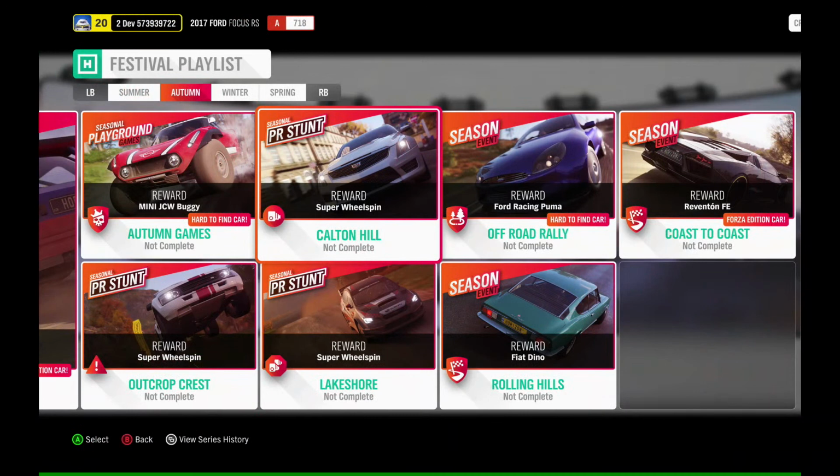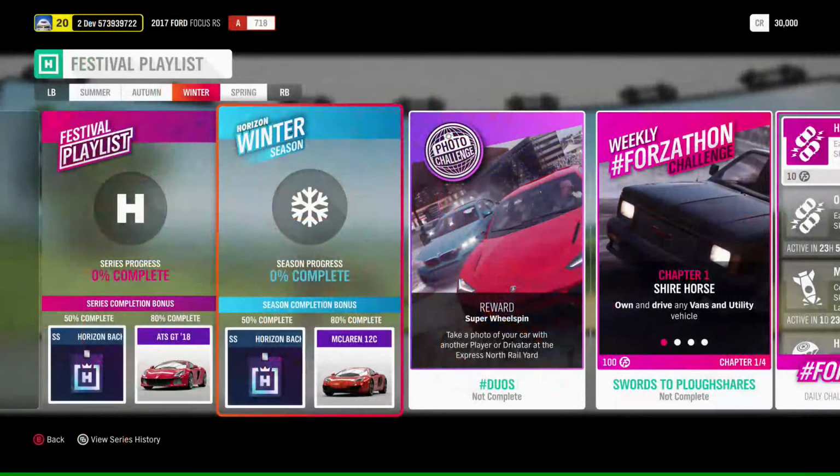Then in the seasonal championship off-road rally, we've got a Playground Games favorite, the Ford Racing Puma. Shout out to Felzilla. And we've also got the Coast to Coast seasonal championship. You can get the Lamborghini Reventon Forza Edition. Then in winter, 50%. What's that? Another Horizon Backstage Pass? No way. And then at 80%, we've got the McLaren